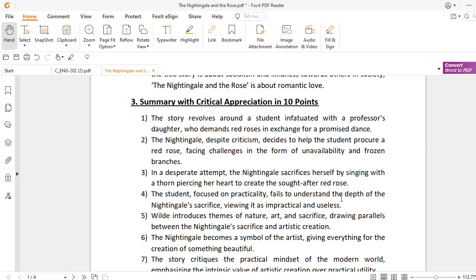actually since the story was written during the Victorian times, and during the Victorian time people had become very materialistic, they have materialistic tendencies। ठीक है, they did not have any importance for artistic works and art at all। ठीक है, यानी आर्ट की कोई वैल्यू उनके यहाँ नहीं है। ओके, उनके यहाँ जिस चीज़ की वैल्यू है वो इस चीज़ की है कि जो उनको जो मादी चीज़ हो।